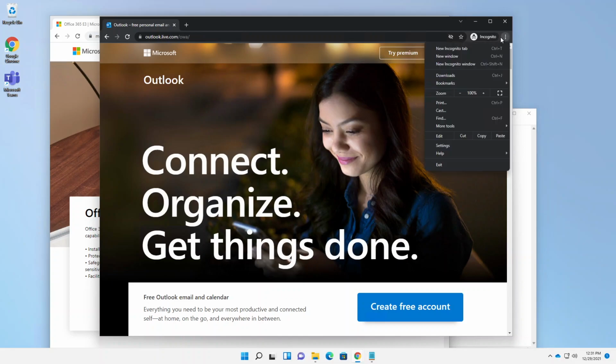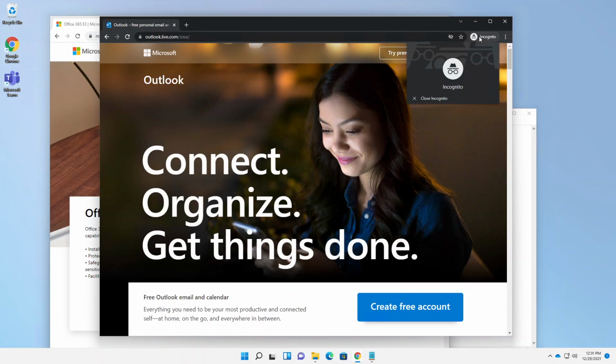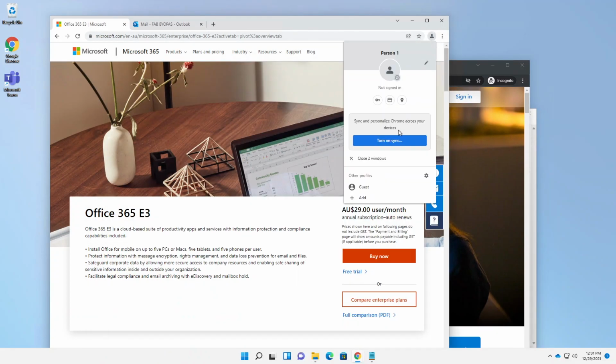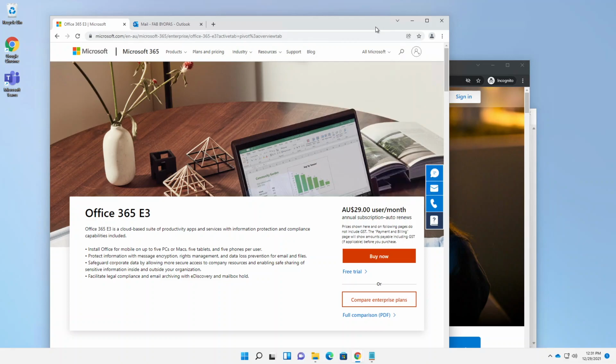So you can go into Chrome and add a profile, or in Edge, very similar as well, you can go into Edge and add a new profile there. So once you've added a new profile,